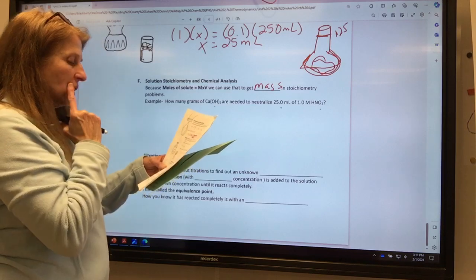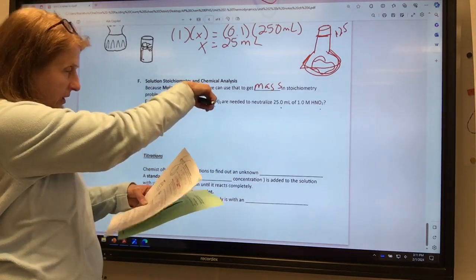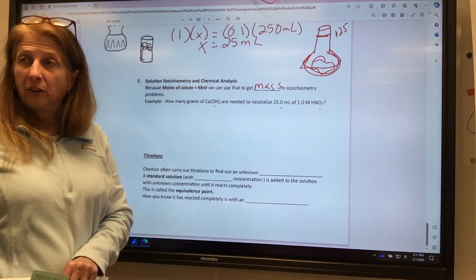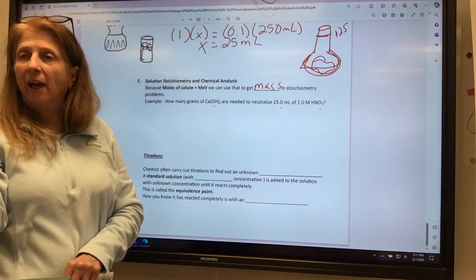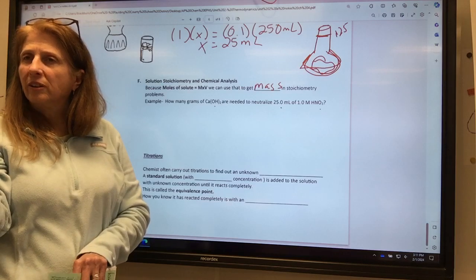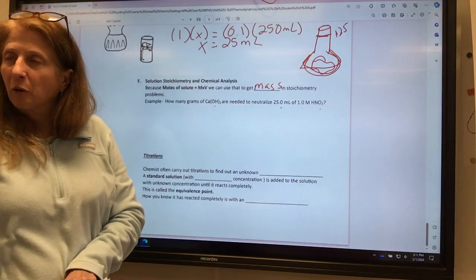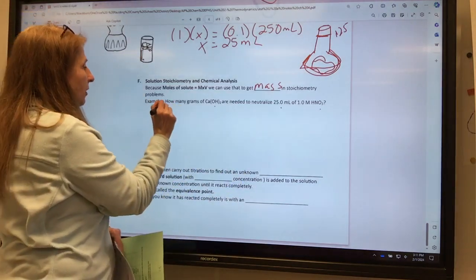And we are going to start with, I'm going to switch them. I'm going to write volume first, just because I like the way it looks better. But don't let it confuse you, because remember that rule in math, A times B equals B times A? Is that the commutative property of multiplication? I think so. So we're going to use the commutative property. I'm just going to switch these because I like the way it looks better. So I'm going to do